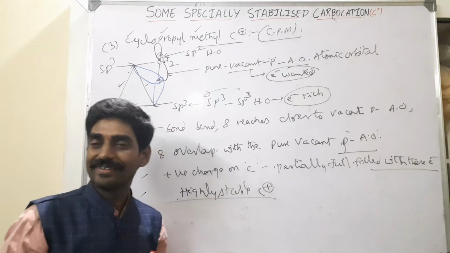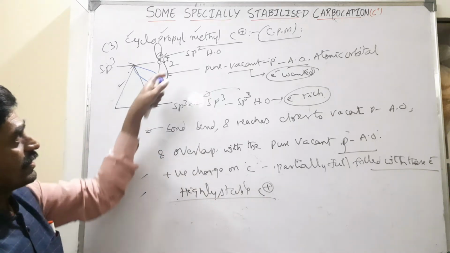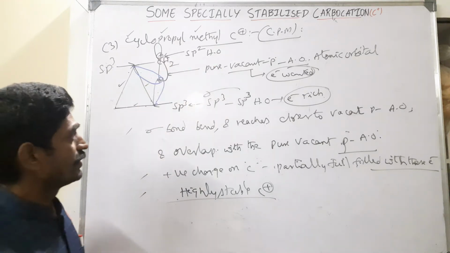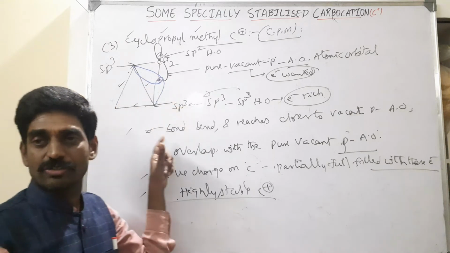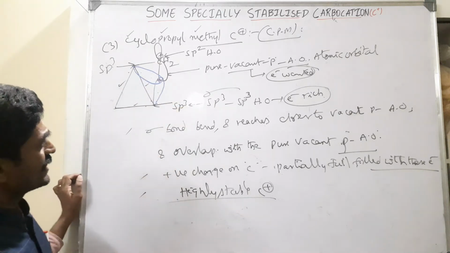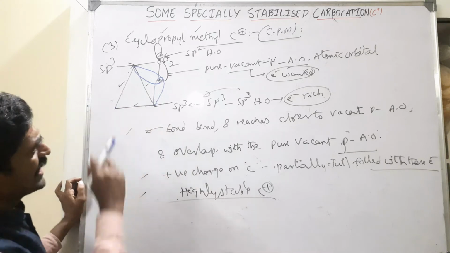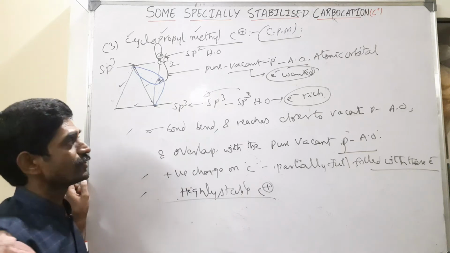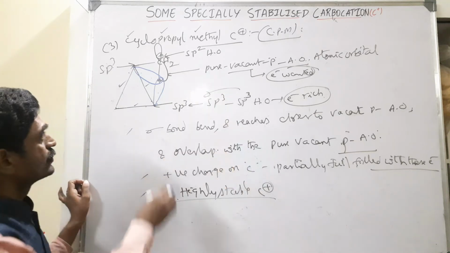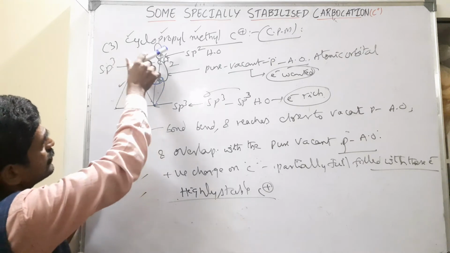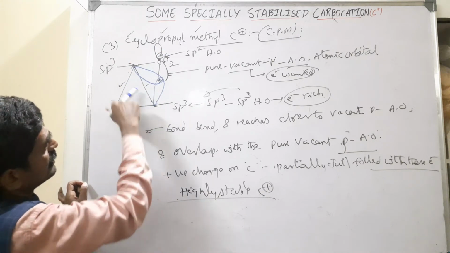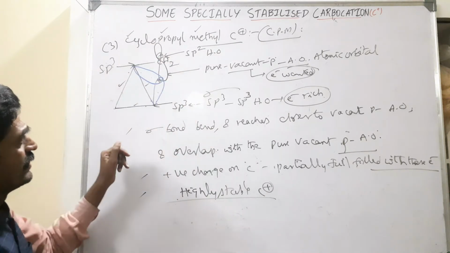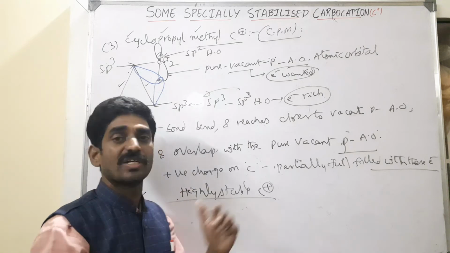Got it? So this is about the stability of the cyclopropylmethyl carbocation. This is the clear concept I gave, just copy it. Generally students are confused: Sir, how is the CPM carbocation stable? You didn't get proper explanations in the books. So this is the complete explanation I gave. From this side or this side also it is possible. These sp3 sigma electrons also flip and overlap, then it is getting stable from all these things. So that's why it is an extraordinarily highly stable carbocation.